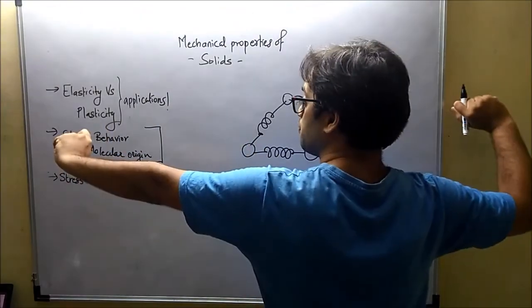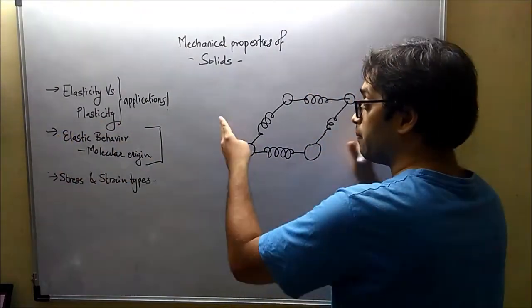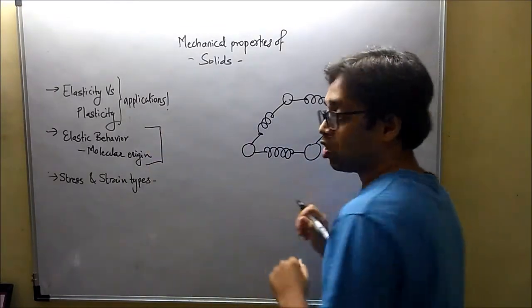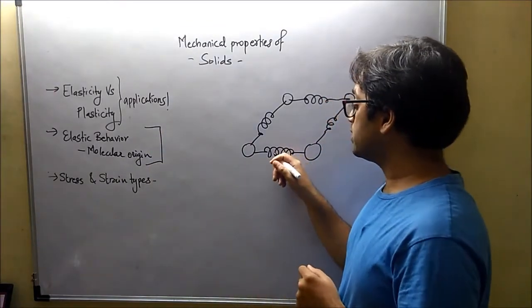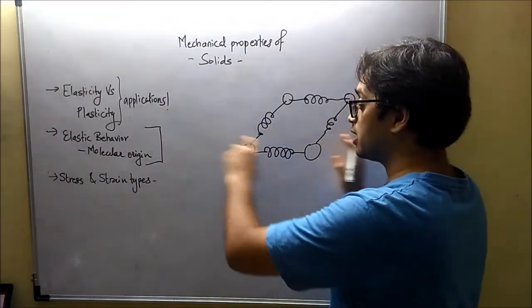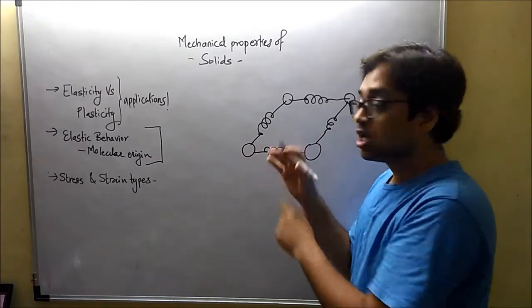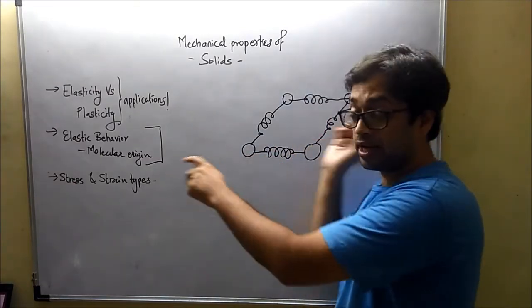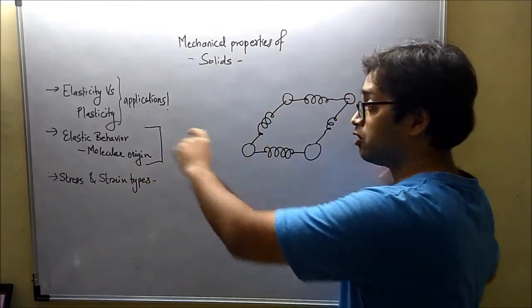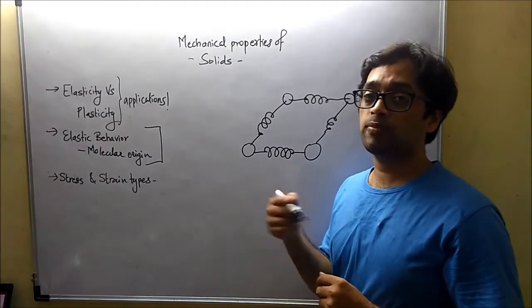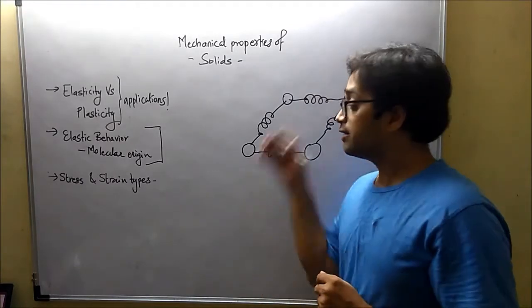I apply a force for extending or for compressing the length of that particular solid, or I try to bend that solid. In that case, these springs will either extend, or they will get compressed, or they will get bent. So there could be several combinations that can happen if I apply force on either end of this solid. Then what will happen? The springs will resist the deformation that you are trying to cause,